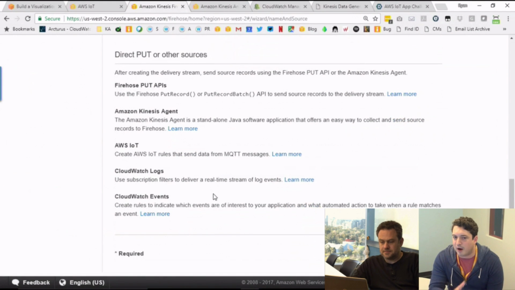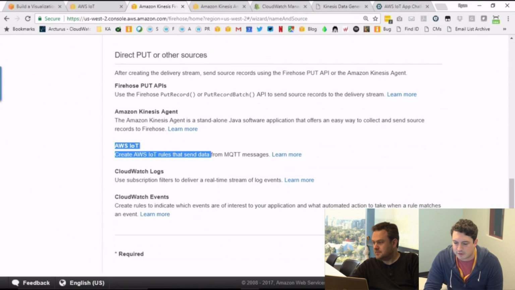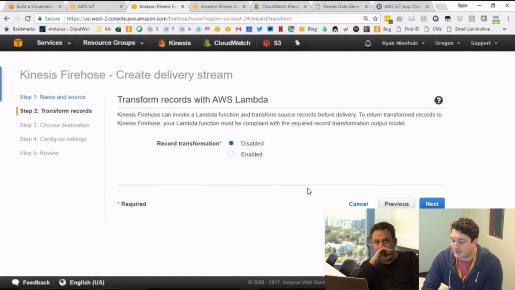Pay attention to this bottom part of this screen when you create your first Firehose, because it shows that Firehose and Kinesis in general provide a lot of options to get data into the stream. You see here is the example that we're showing right now. But we have a bunch of agents, as well as the Amazon SDKs. You can forward data directly from CloudWatch. There's a lot of good options for getting data into the delivery stream. So I chose the direct put because we're forwarding from IoT.